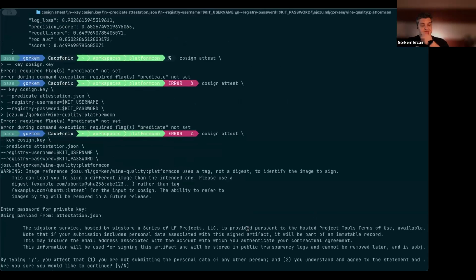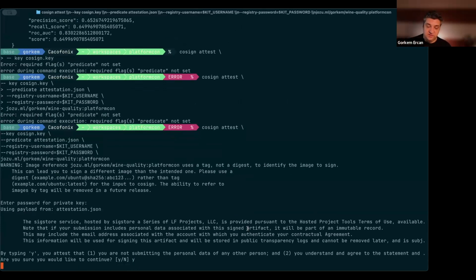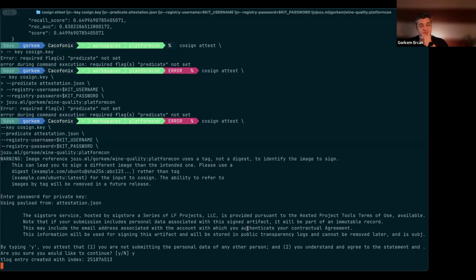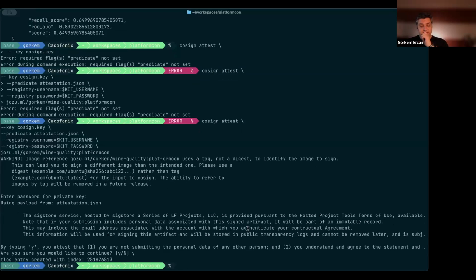All right. So what it is doing is it's going to sign and attach the attestation to the model kit that exists on jozu.ml. The reason it's asking me to verify that I want to share my personal data is because it puts a public transparency log into Sigstore's record database.